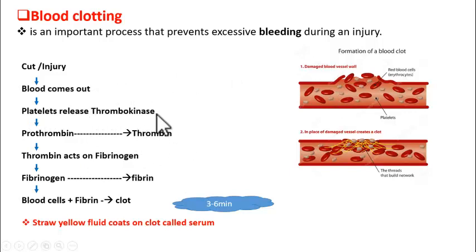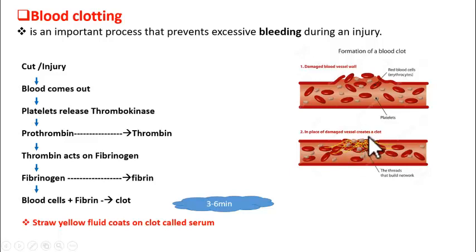Now we have thrombin. So this thrombin now acts on another blood protein called fibrinogen. So this fibrinogen is converted into fibrin. Got it, students? Fibrinogen is a soluble protein, whereas fibrin is an insoluble protein. So once fibrin is formed, all the fibrin molecules join together because they are insoluble. They join together and form threads. See here the threads. These threads cross over one another and form a mesh-like structure.